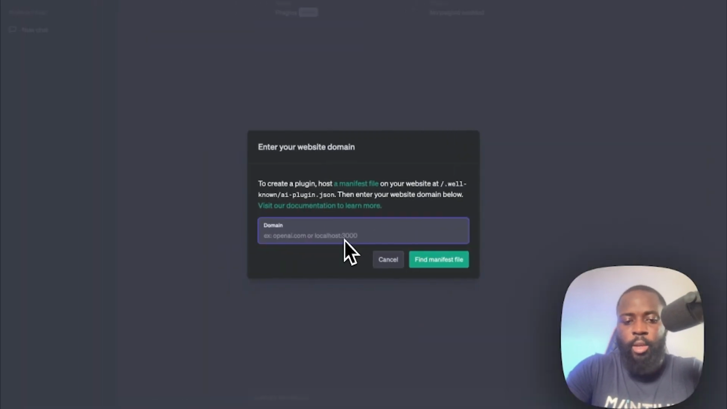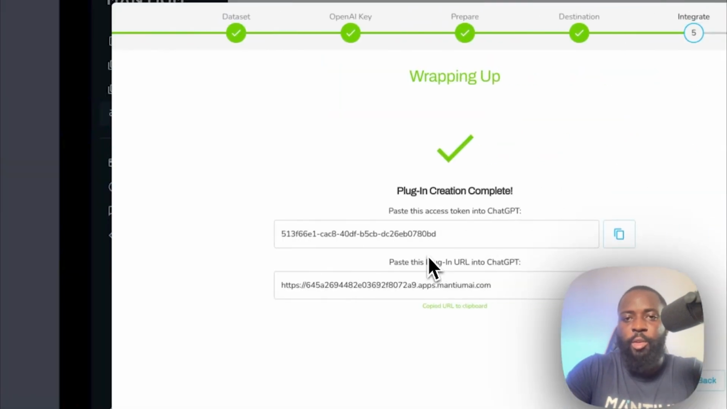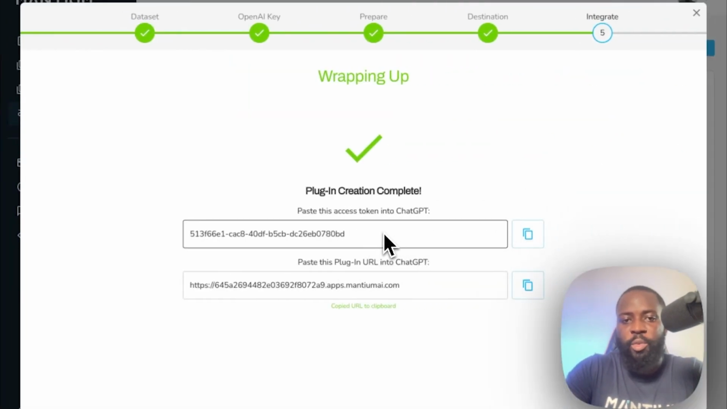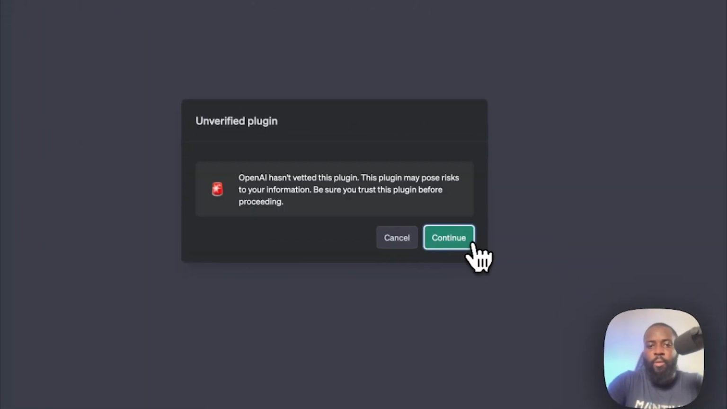So here, just paste and click on find manifest. So that will find the plugin. Notice that we have the validated manifest, and we have PDF plugin, which is the name we used initially when we were creating that. So I'll click on next, and I'll click on install for me, and then